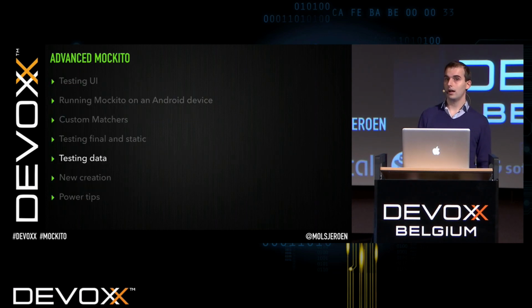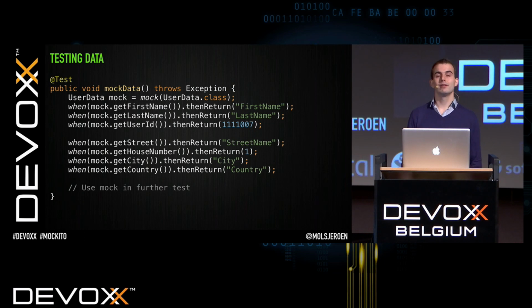Okay, now, often in your unit tests, you're gonna need some kind of POJO, which is initialized with valid data. You just need it to feed through the rest of your app so you can actually test something. So how can you provide testing data? Well, simple, right? We have a mocking framework, which can create a mock of that POJO, and then we just stub away every method. Well, that's actually a poor idea, because if you do this, besides being incredibly verbose, this